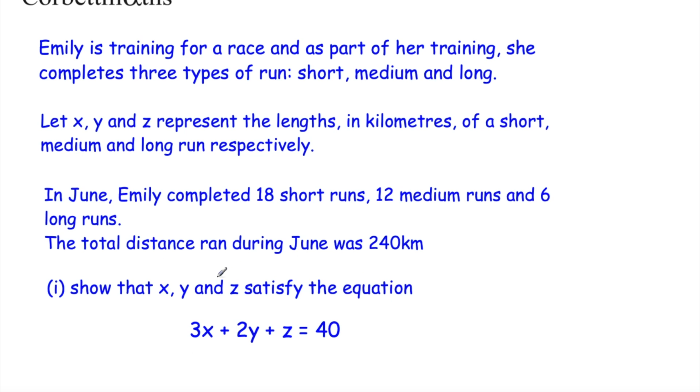And we've been asked to show this equation that 3x plus 2y plus z equals 40. Okay, so we've been told some information. Now this first equation is actually quite nice. It's quite similar to the ones we were given in the last question, because 18 short runs, their total length